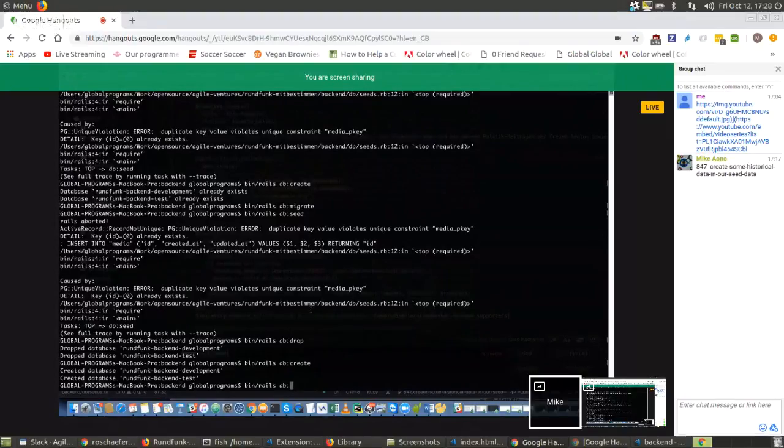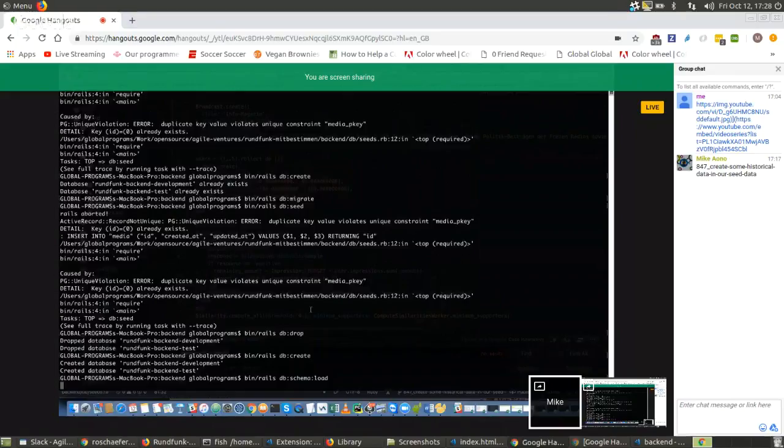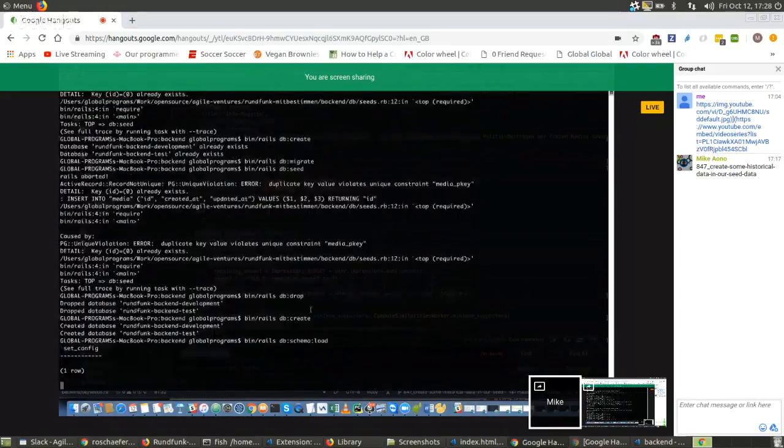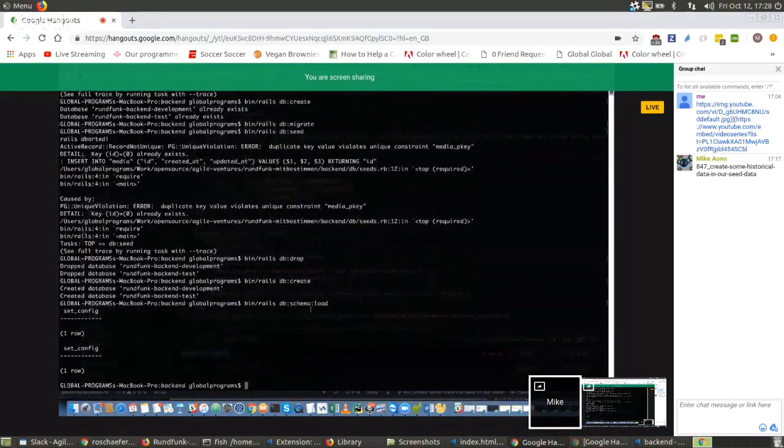I can't remember if Robert was dropping and then doing the schema load, or dropping then creating and then doing it. So you can try that. It might or might not work, but you might need to drop and then do the schema load. But it looks like it worked. So now I think you don't need to migrate.